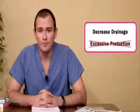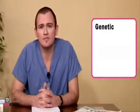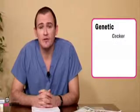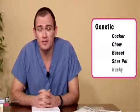There are many causes for glaucoma, but they all result in decreased drainage of fluid from the eye. We never get excessive production of fluid in the eye. Some dogs are genetically predisposed to glaucoma, and they develop the disease because the structure of the eye is abnormal and it prevents proper drainage of fluid. Although they are born with this abnormal eye structure, the disease will often only become apparent in middle or older age. Breeds that can be affected by this include the American Cocker Spaniel, Chows, Basset Hounds, Shar-Peis, and Arctic breeds